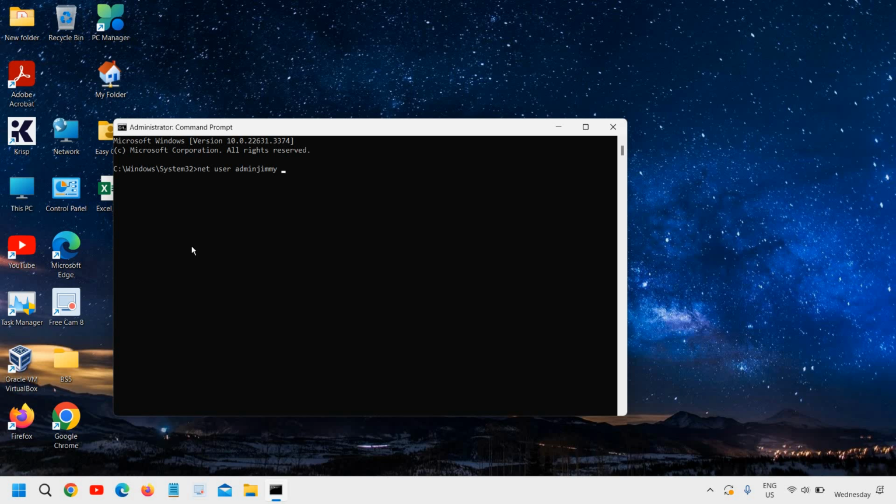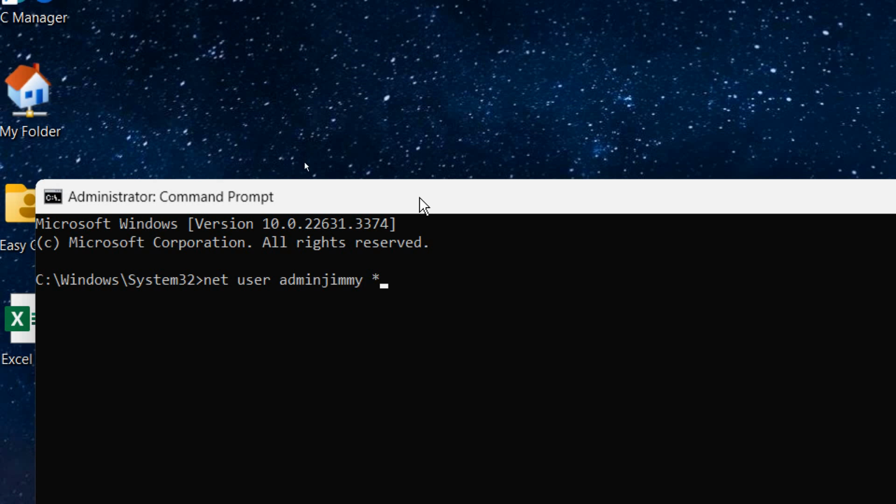Then we need to give a space and then give an asterisk. I'll maximize it so that you can type asterisk, then space /add. All right. Now I'll just hit enter, and then it will ask you to enter the password. Now please remember, while entering the password, it will look like it's not getting entered, but it will get entered. So I'll just quickly mention my password,